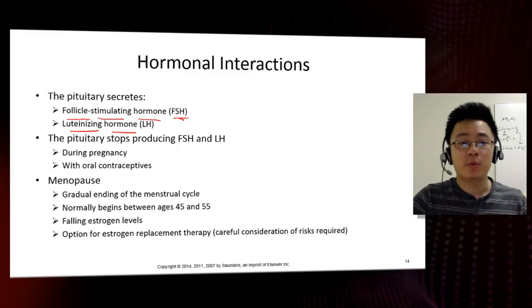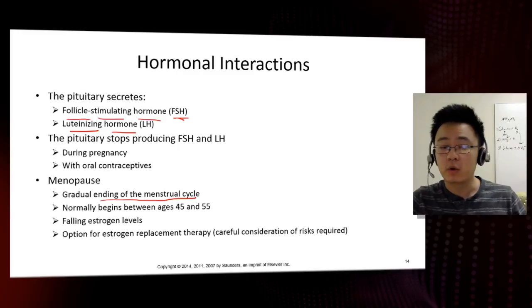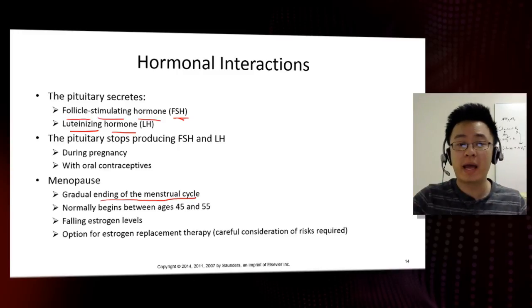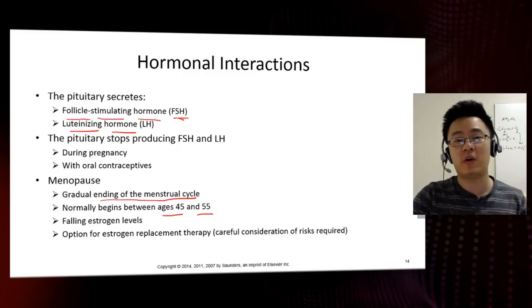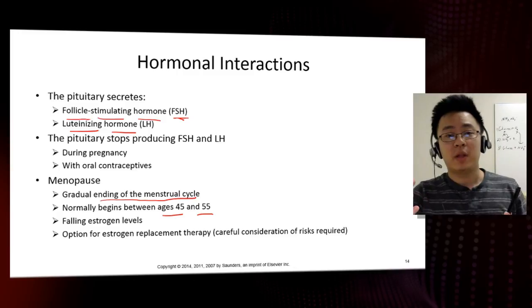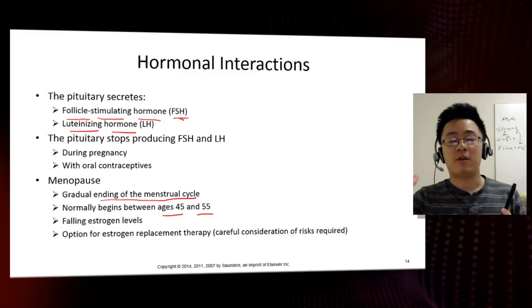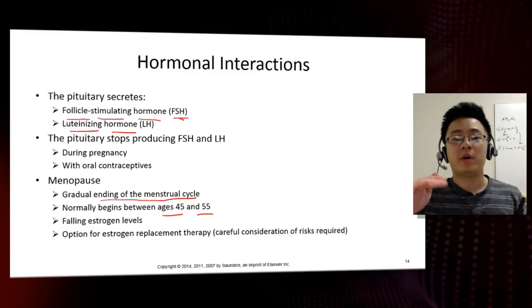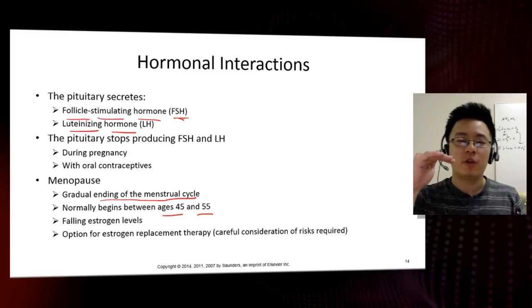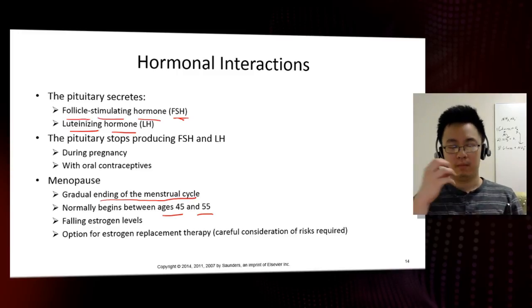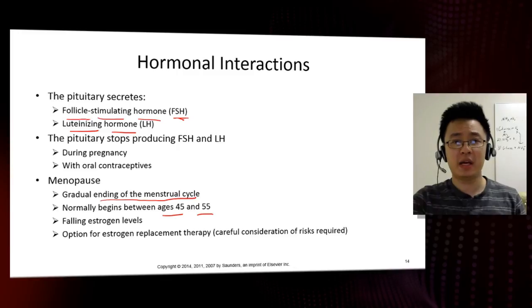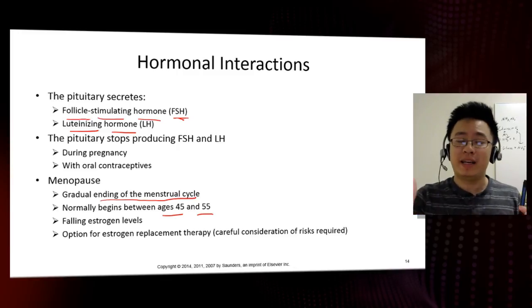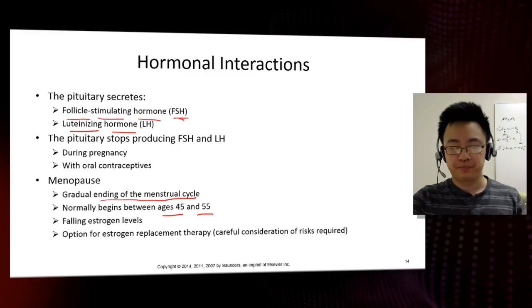Now, menopause is the gradual ending of menstruation. It could be the last cycle or a gradual, slow ending, and it normally happens between the ages of 45 to 55, when estrogen levels begin to fall. The female system, from the onset of menarche, over time will get very used to the amount of estrogen levels there. The human body is quite an amazing thing. It gets used to its surroundings, gets used to its hormone levels as well.